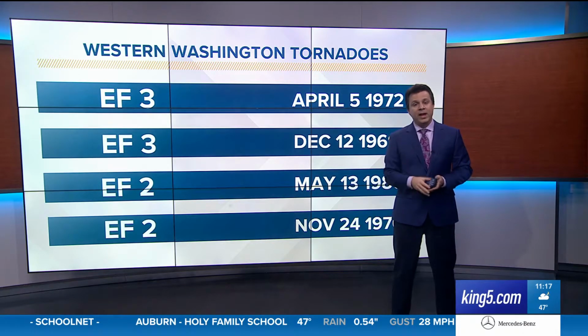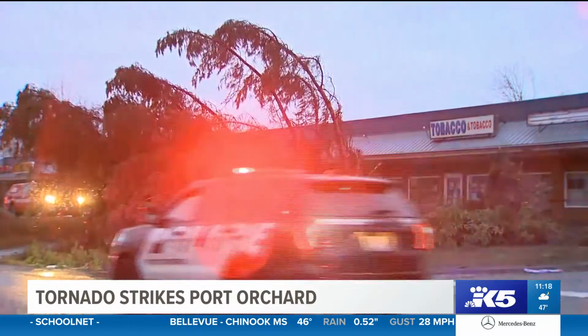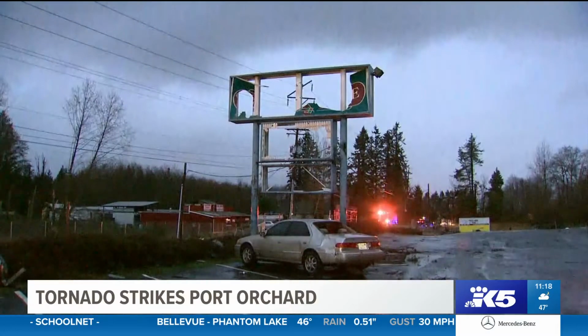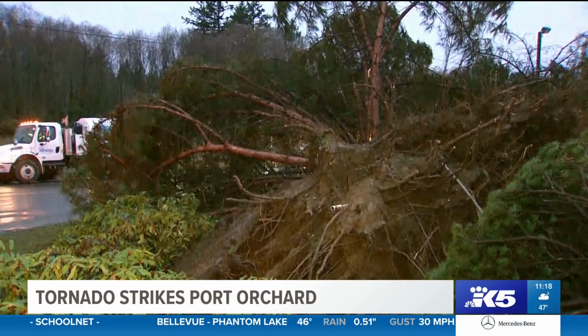We'll hear more from the National Weather Service coming up tomorrow, guys. Okay, thank you so much, Darren. King 5 photojournalist Mark Anderson sent us these pictures late this afternoon. Looks like a strip mall took a pretty big hit. We've seen crews already cleaning